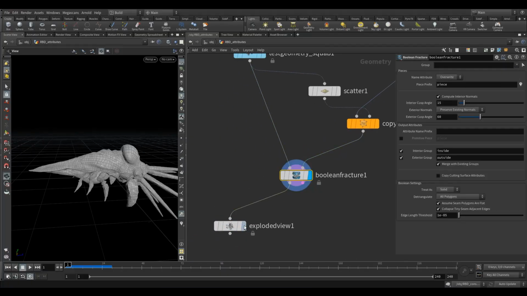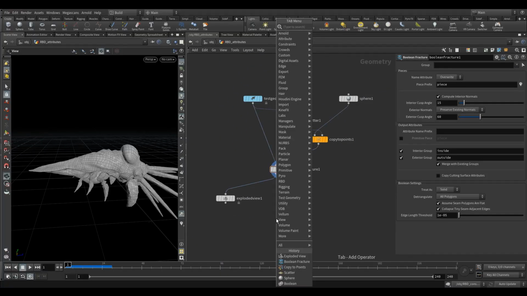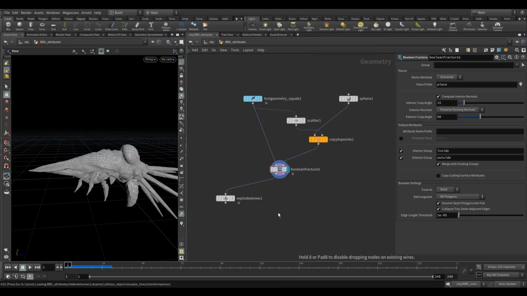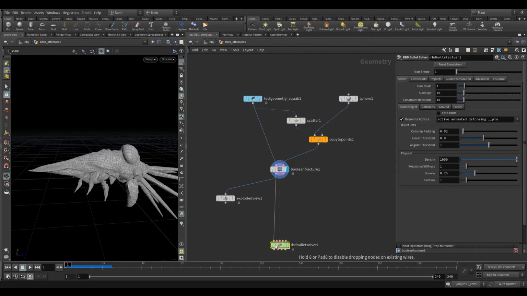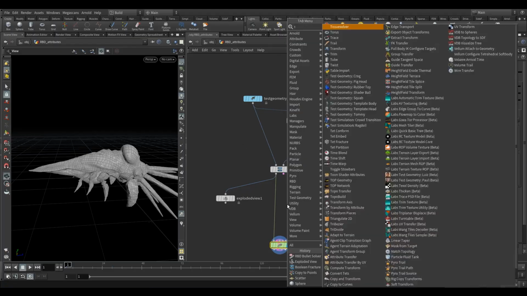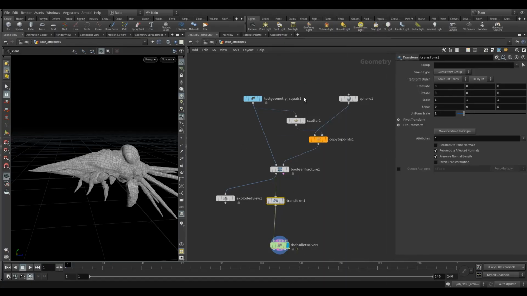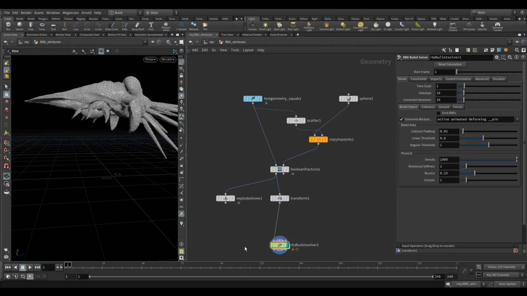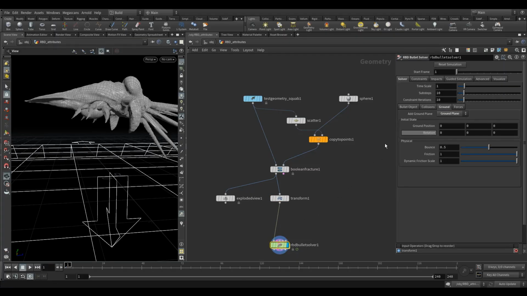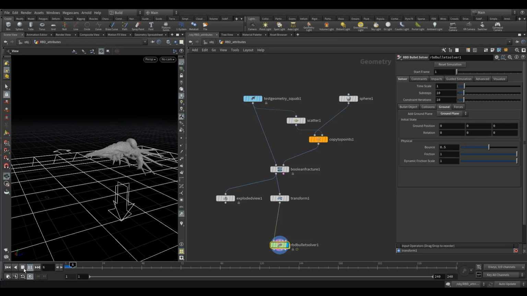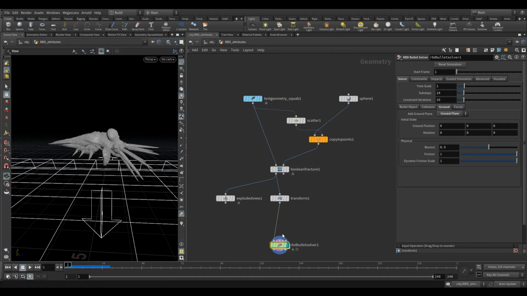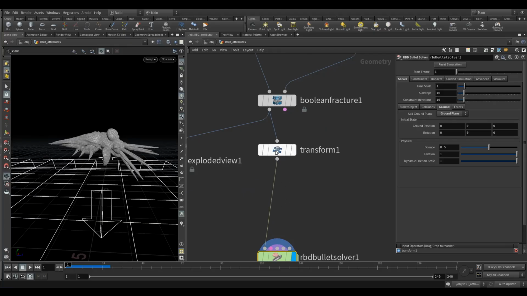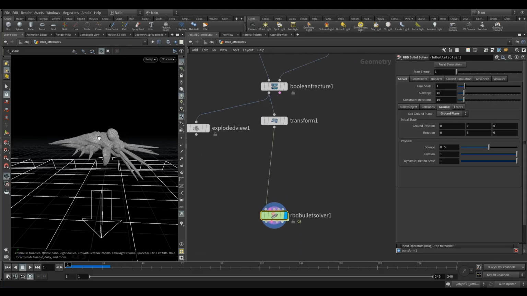So attributes. Let's just use the bullet solver for now. Okay, and I'm just going to raise it up so we can move it around after fracturing. That's fine. Let's move it up to get a ground plane, and then obviously that just falls and breaks. Okay, so we can put attributes on here before it goes into the solver,